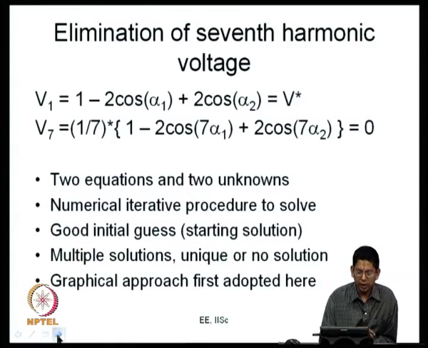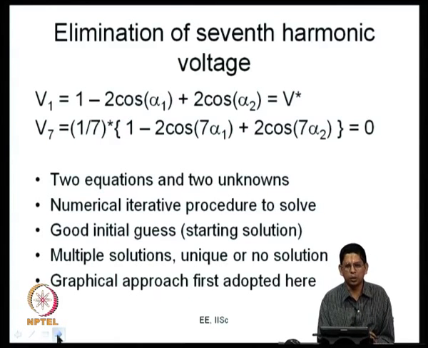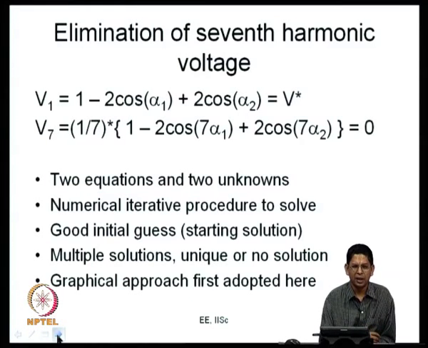Let us look at how do you eliminate a seventh harmonic. Instead of fifth harmonic, for some reasons you might want to choose a seventh harmonic to eliminate. Sometimes it is possible that you can use passive filters, tuned passive filters, which can selectively bypass or filter out certain harmonics. So, maybe for fifth harmonic you might have some filtering, and you might want to filter out the seventh harmonic.